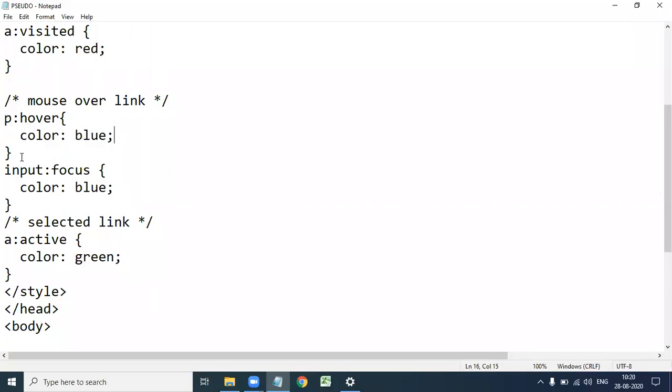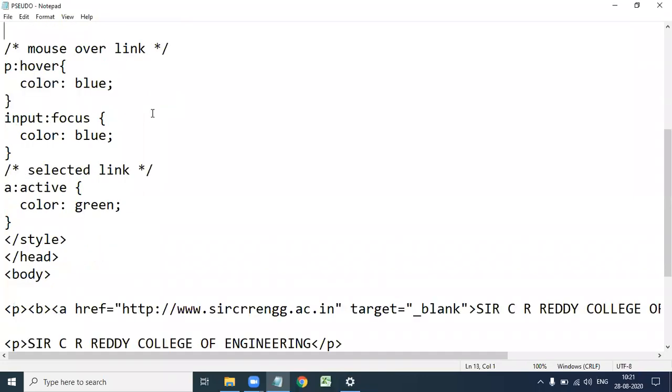You can give any color, either blue or red or green, any one. Now we execute this one.